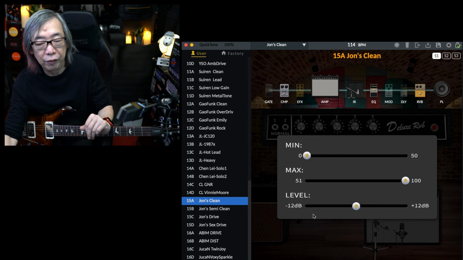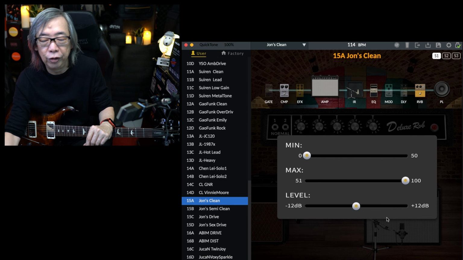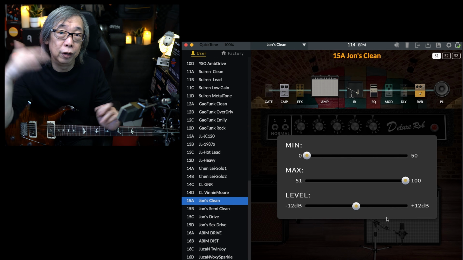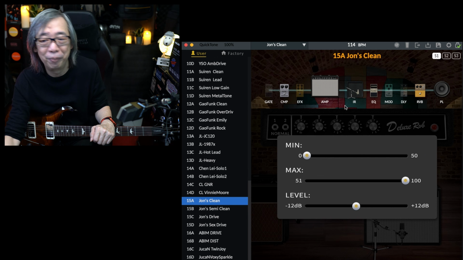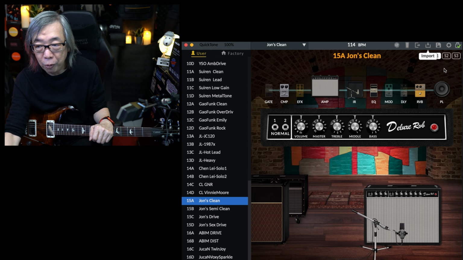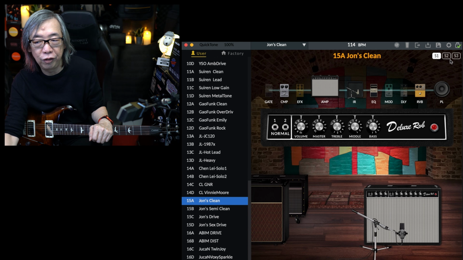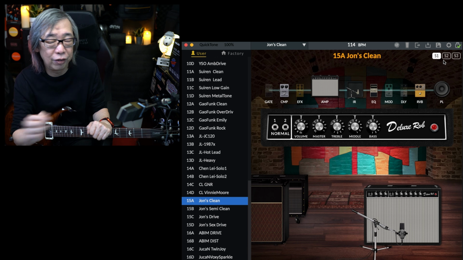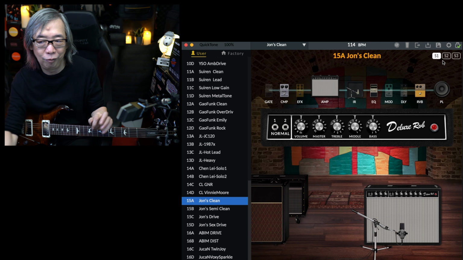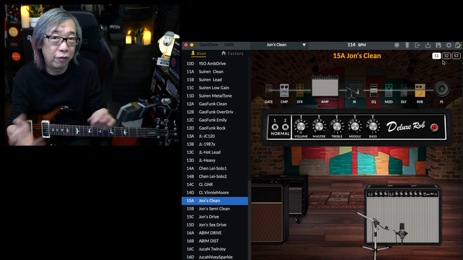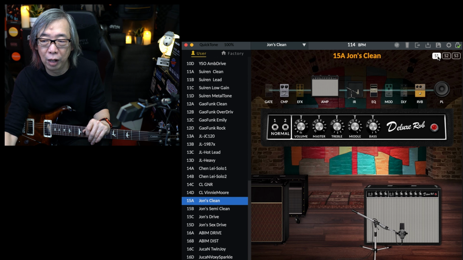And then on the bottom, you have the level of the patch itself. So you can have different levels for each different patch that you created. All right, basically that's it. Now, on the top right-hand corner, you can see the S1, S2, and S3, and these are the scenes. So you can add in or subtract effects on every scene. So I'm on scene 1,